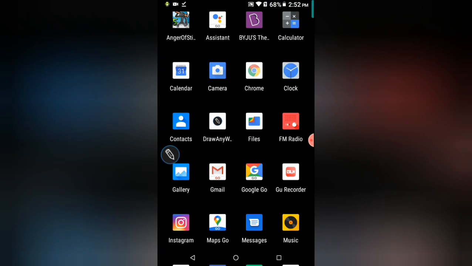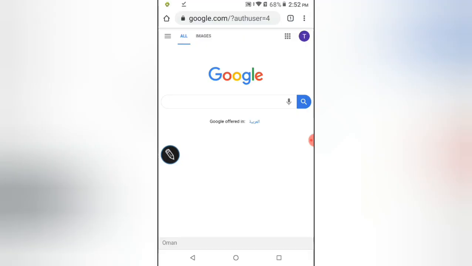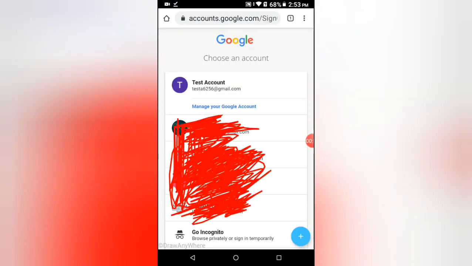Now let's open Chrome. Yeah, and you can see here in the top right corner the icon. Click on that, and guys, you can see a manage your Google account. Click on that,